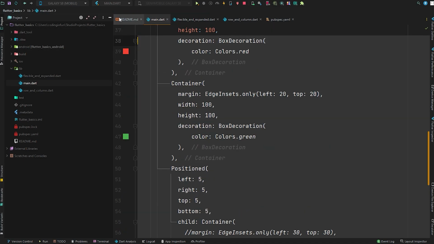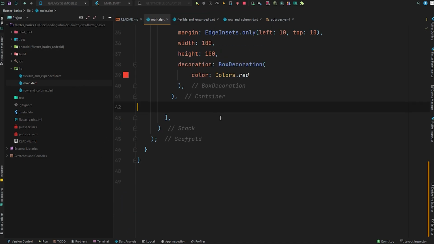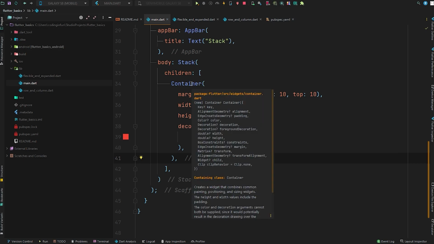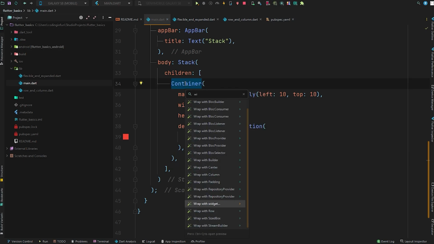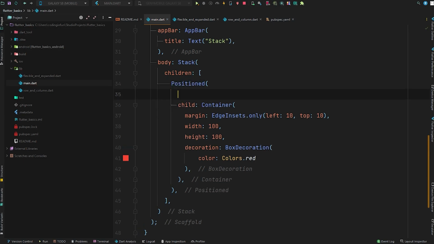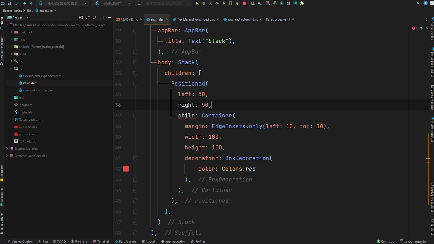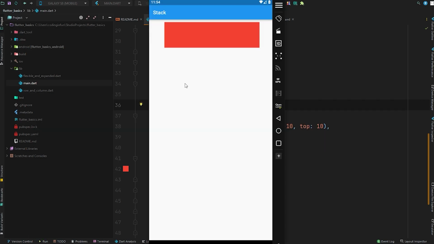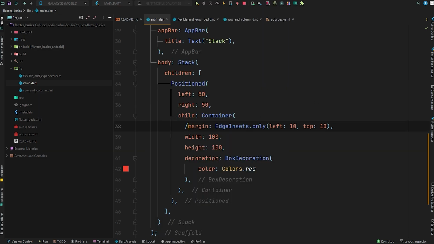And one other example of that will be, let's remove these 2 widgets from here and only leave this one container and also wrap this with the Positioned widget. And you can position this widget anywhere, like let's say from left it will be 50, and from right it will also be 50. Now Ctrl S to hot reload and open up your emulator. So it looks something like this. From left we got the 50 and from right we also got the 50, and also remove this margin from here to make it more clear,